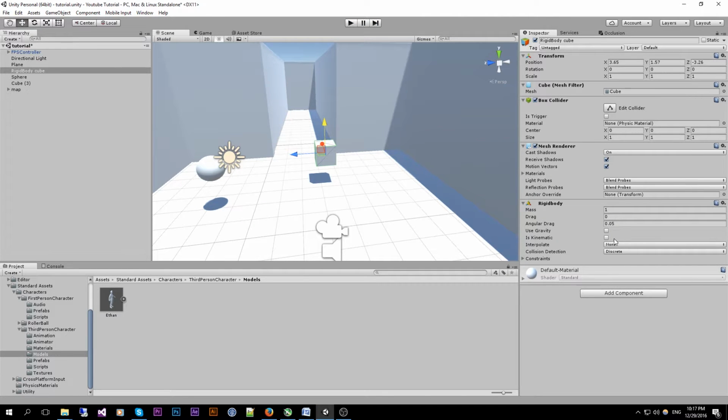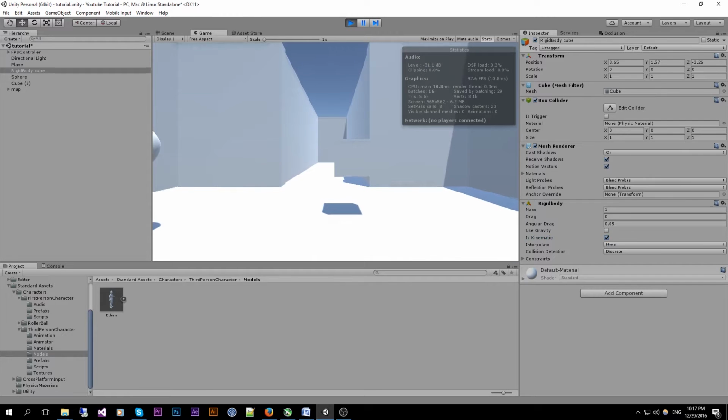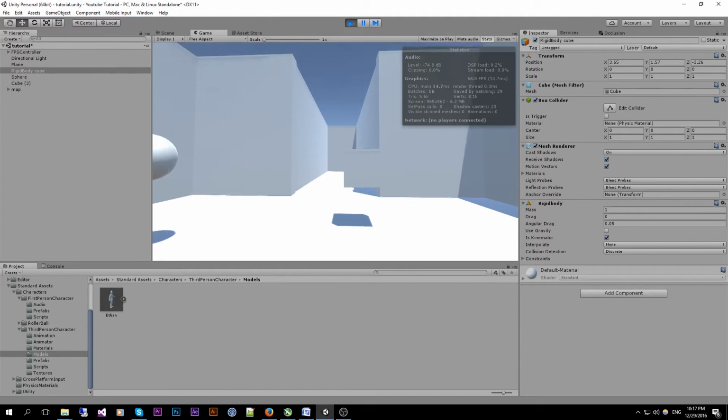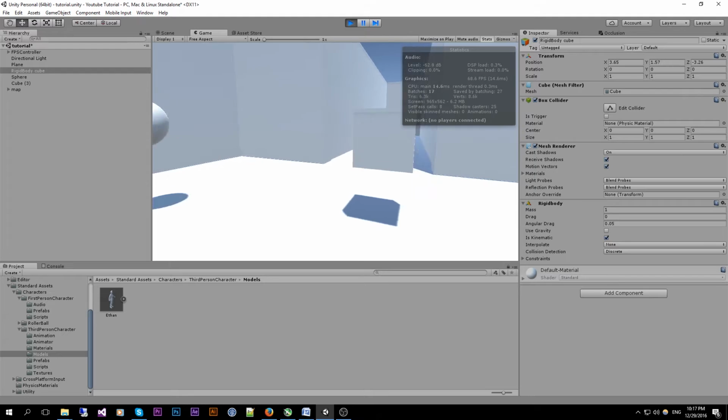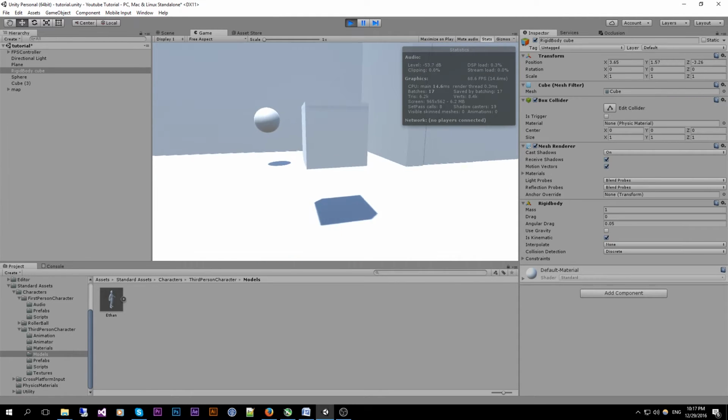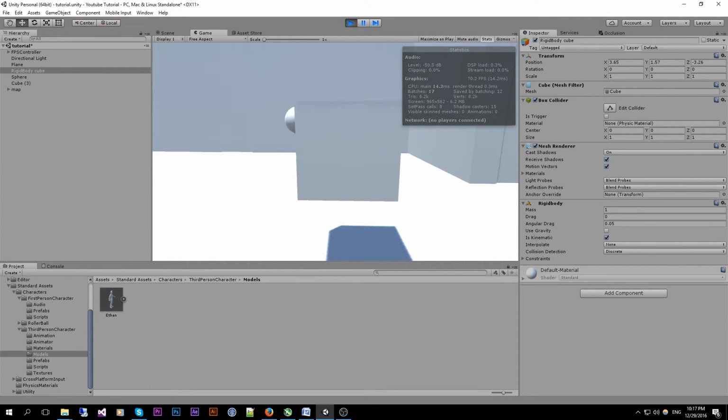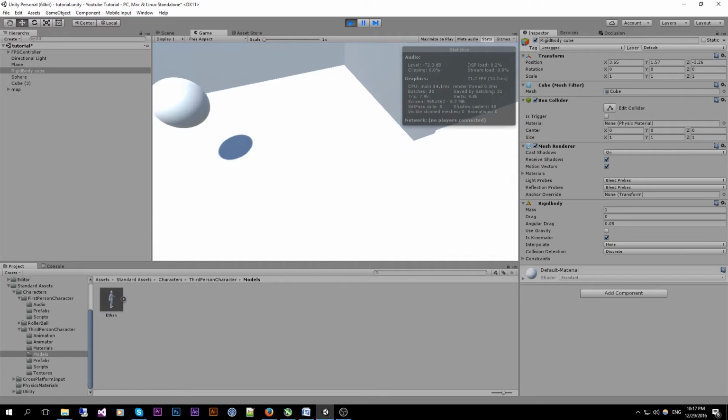So if we check is kinematic to true, it will not apply the gravity, and will also not apply the force when bumping into it. So it will stay in the exact same position it is in.